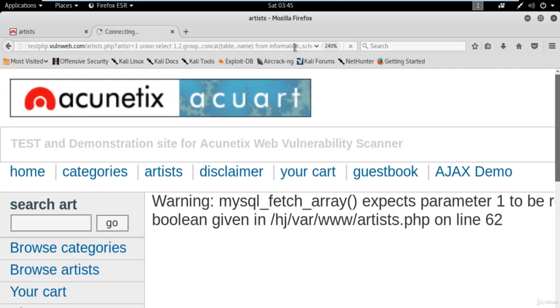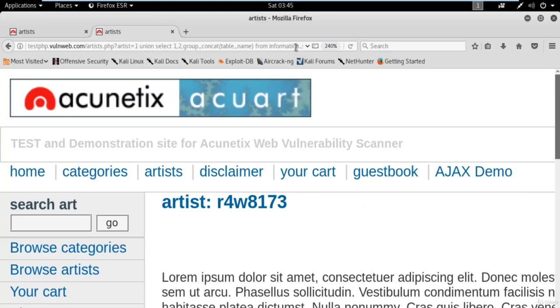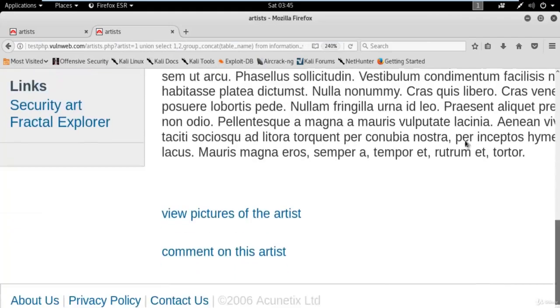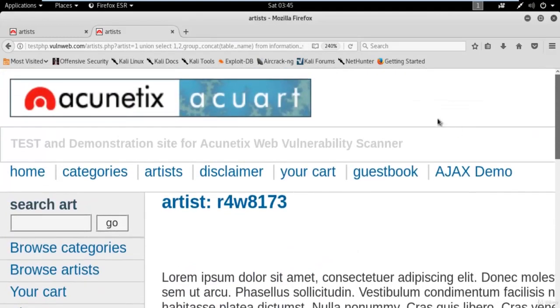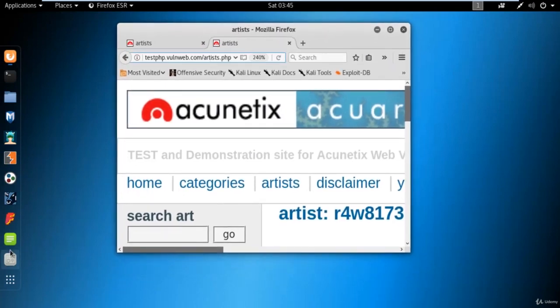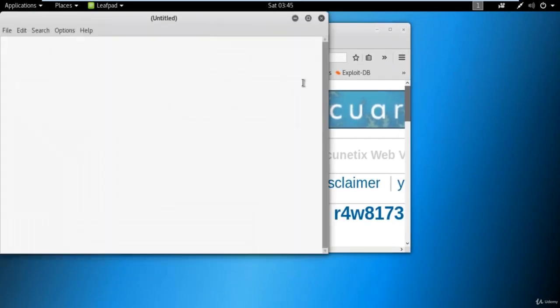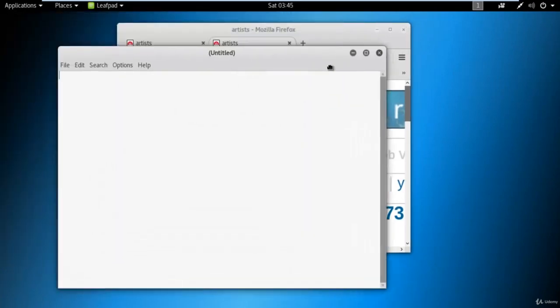If I hit enter, you can see that we didn't get any table names. Nothing. So what is the problem here? The problem is quite simple: there are three possibilities. Let me show you in the notepad what the three possibilities are.